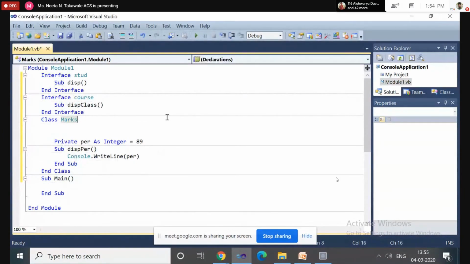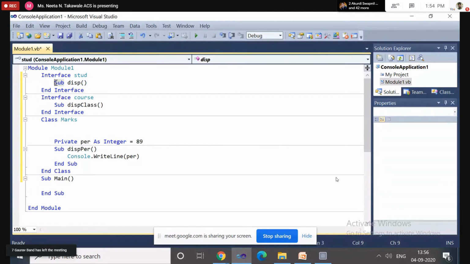Now see, when you declare a class using the interface keyword, Student is an interface and Course is an interface. Inside the interface, only method declarations, property declarations and event declarations are there. No definitions of properties, methods or events are there inside the interface, and everything should be declared using the public access specifier.